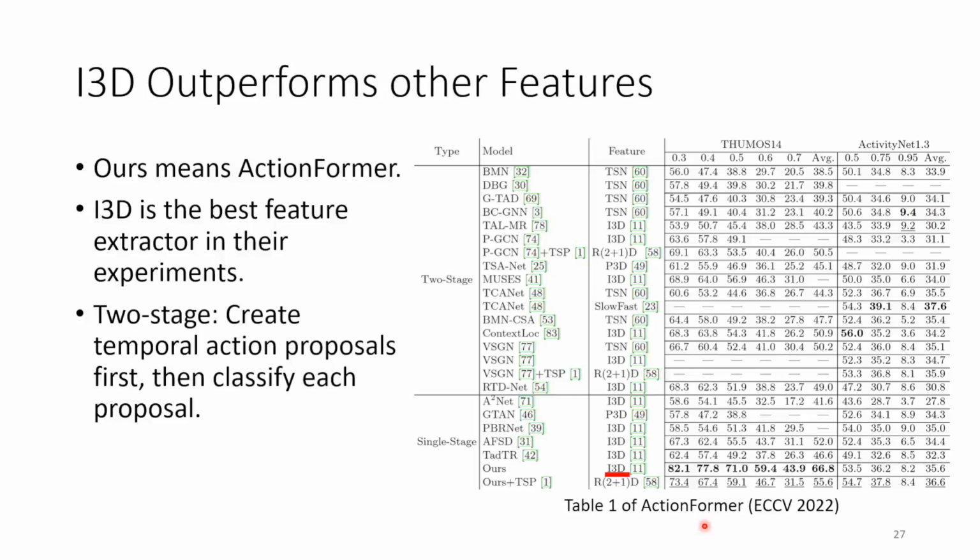So it needs to predict the start and end time of actions, and it also needs to predict the class of that time period. So here, what does two-stage mean? The two-stage means, you can see there are many methods. For all of them, the first step is to first segment the time period. Yes. In the second stage, then, predict the classification. Yes, that's totally correct.